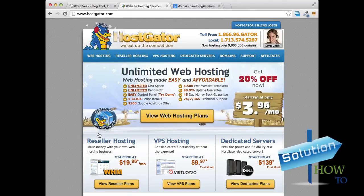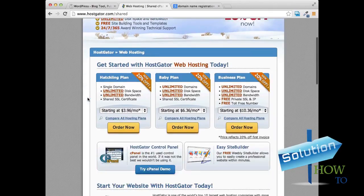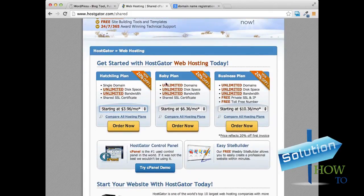I like them. They're very affordable. You can get started with, I think, a penny or so. Their monthly fees are low. They start at about $6 a month for a good hosting plan. If you do go with HostGator, what I recommend is the Baby plan. It allows for unlimited domains, so basically, you can have unlimited websites,